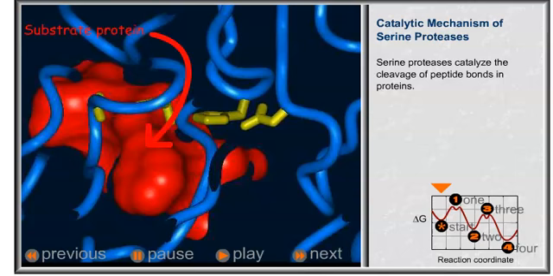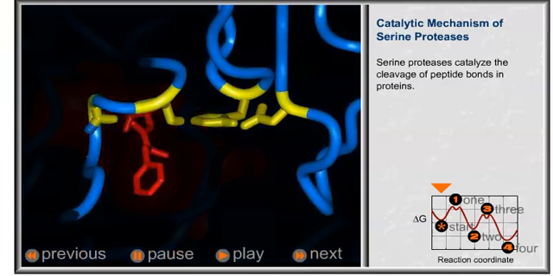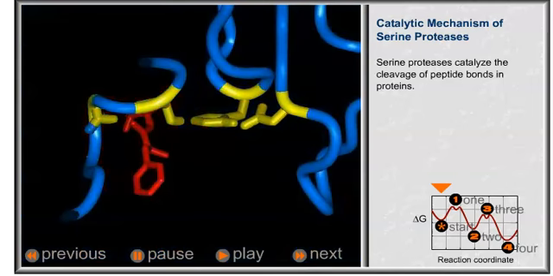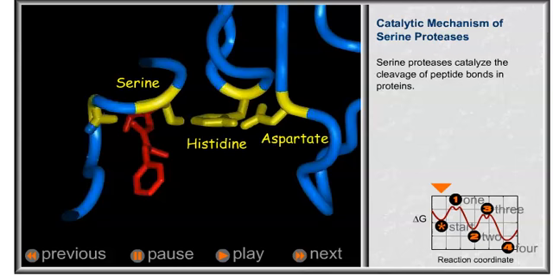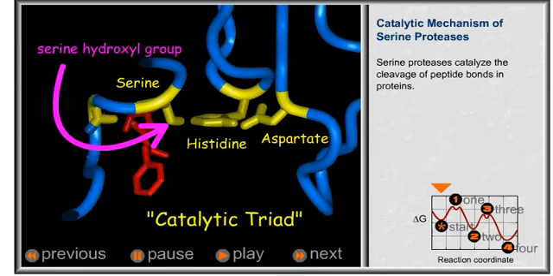The red atoms belong to that part of the substrate protein which fits into the active site. The yellow amino acids are the residues most important to catalysis. Serine at position 195, histidine at position 57, and aspartate at position 102 make up what is often called the catalytic triad. The serine hydroxyl group is the essential catalytic group and is why this family is known as the